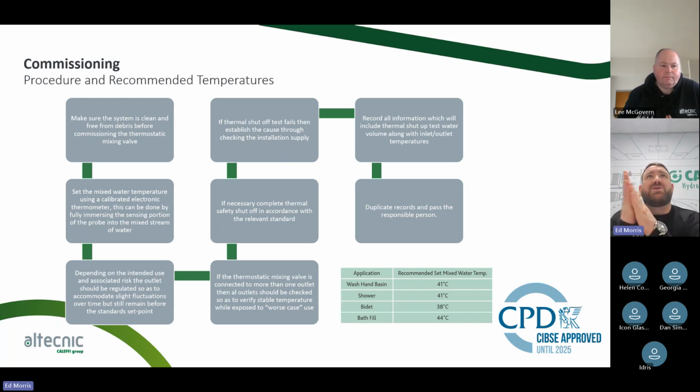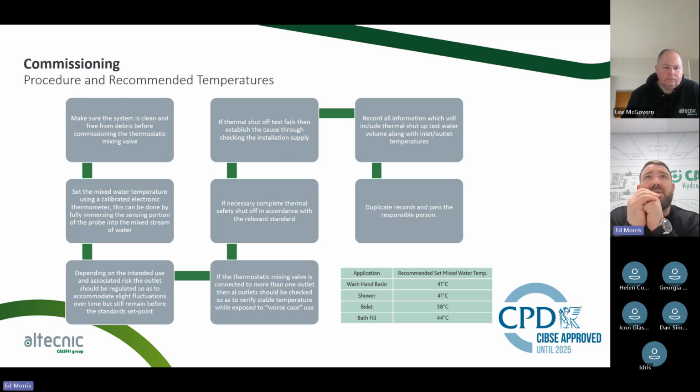First of all, we've got to make sure that the system is clean and flushed. There's nothing in there that could be harmful to the system. Set the mix temperature using a calibrated thermometer. So we can set it, we hold it under the mixed outlet, and we can set the temperature simply by turning the adjustment knob either clockwise or anti-clockwise